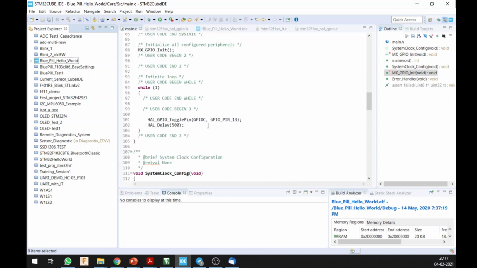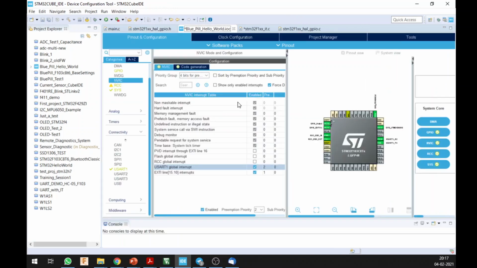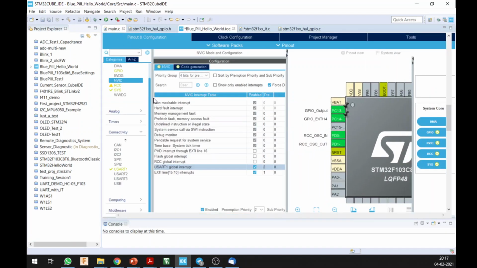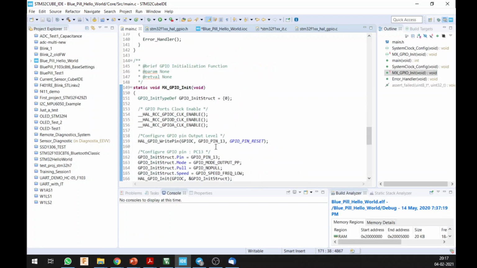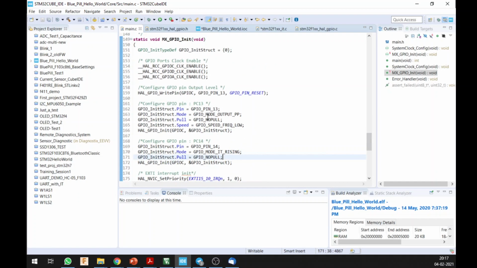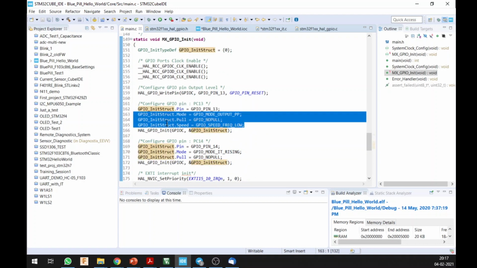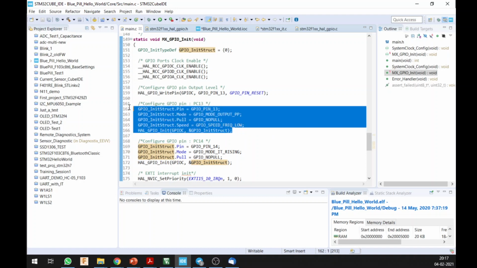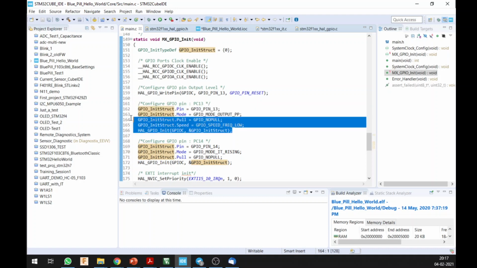So if you wanted to set this pin, I think I mentioned that whenever you're doing this, this is basically going to include these lines of code inside your main file, and what this does is basically set the pin number, the pin mode, a pin up type, and the frequency of this. So these things can be done manually. And how do you do that? That is what bare metal programming is.